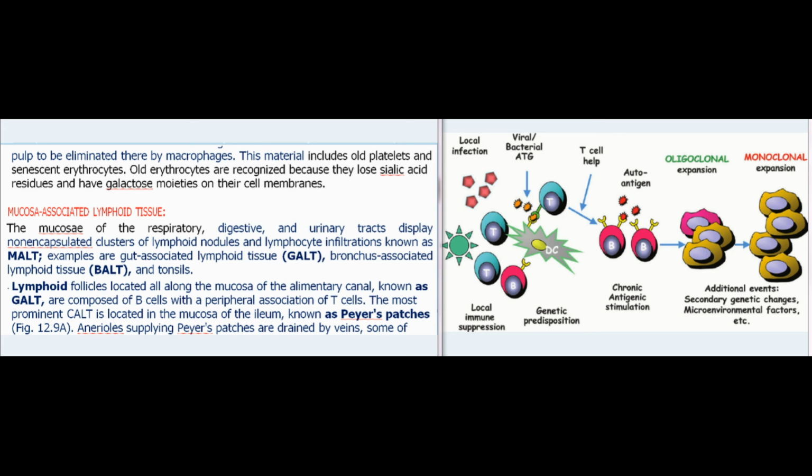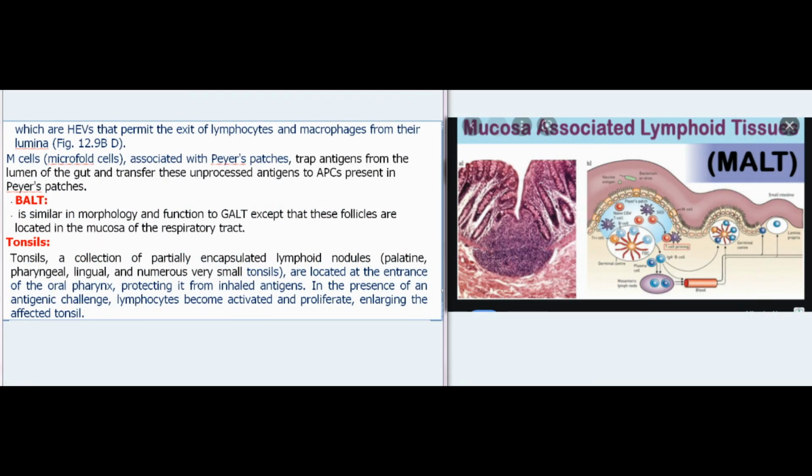Arterioles supplying Peyer's patches are drained by veins, some of which are HEVs that permit the exit of lymphocytes and macrophages from their lumina, Fig 12.9b-d. M cells, microfold cells, associated with Peyer's patches, trap antigens from the lumen of the gut and transfer these unprocessed antigens to APCs present in Peyer's patches. BALT is similar in morphology and function to GALT except that these follicles are located in the mucosa of the